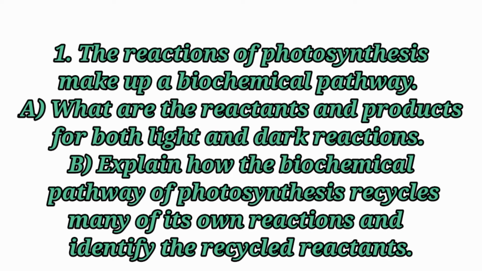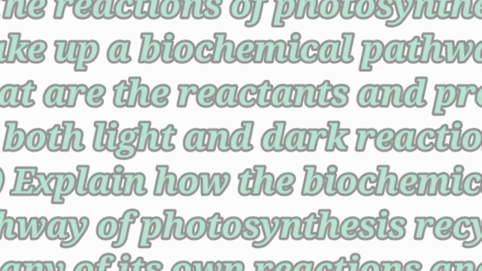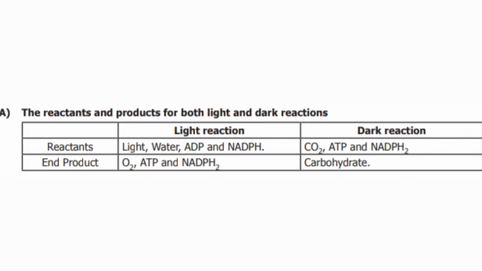Question number B, explain how the biochemical pathway of photosynthesis recycles many of its own reactions and identify the recycled reactants. Answer, question number A, the reactants and products for both light and dark reactions are